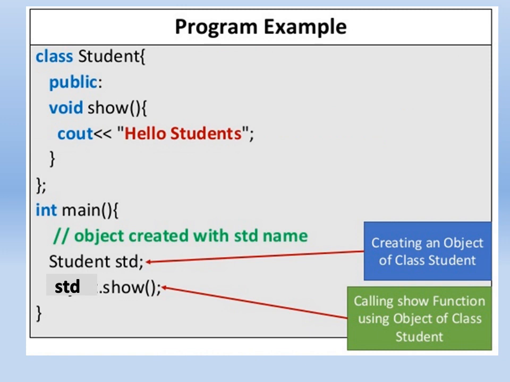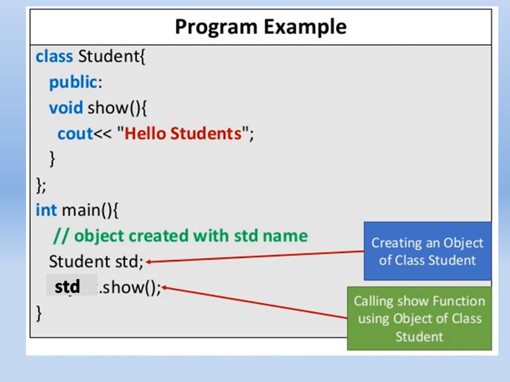Now we'll see the example. Class student. Here class is the keyword and student is the name of the class. After that you have to put the opening bracket. Then public colon. Here we write the access specifier public, means whatever we are going to write, either data members or the member function, we are going to write under the public section. After that, in this line we have written void show. Show method here we declare, this is the function.